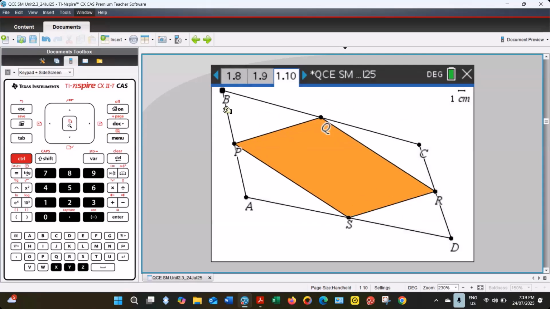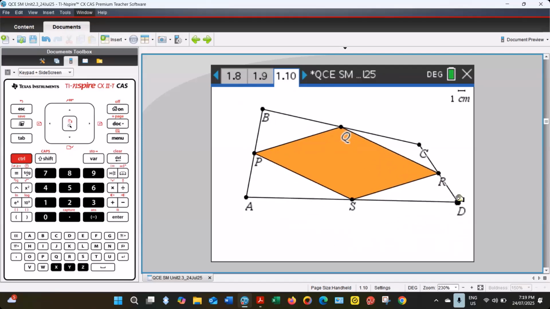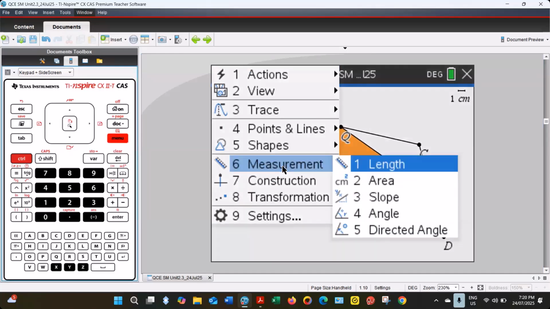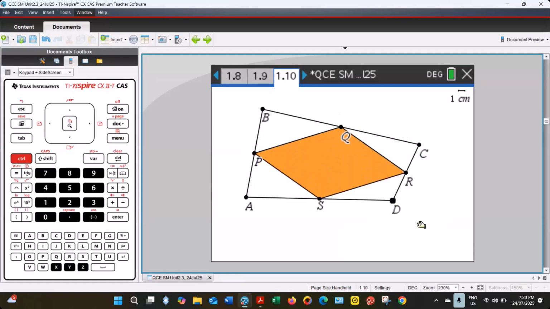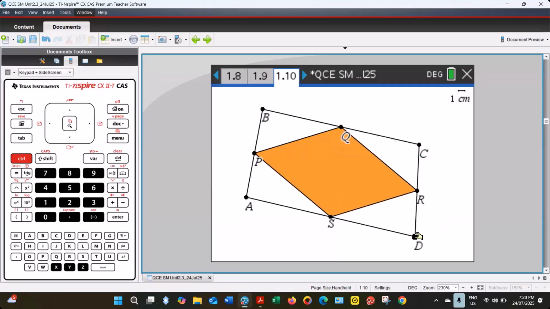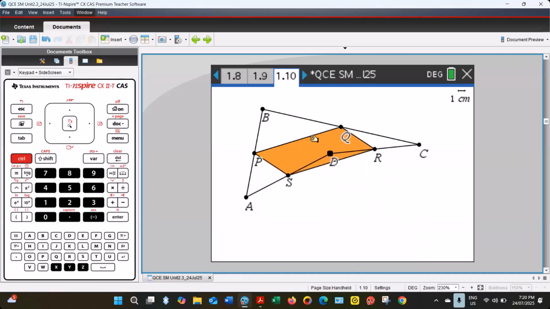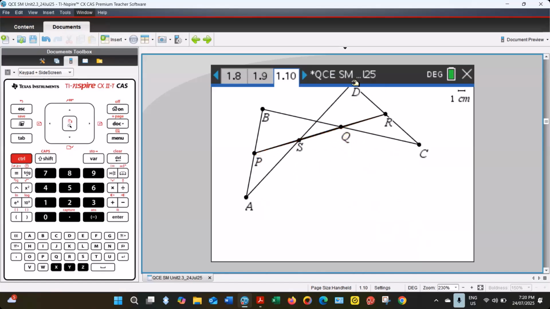And it doesn't matter what shape I make the polygon. It looks like a quadrilateral. If I wanted to spend more time, what I could do is go measurement. You can measure length, you can measure angle. I could actually measure each of those angles, measure those lengths, and show that it really was a parallelogram. Now, interestingly, the parallelogram remains a parallelogram whether it's concave or convex, it still works. Even if they cross, it still works,